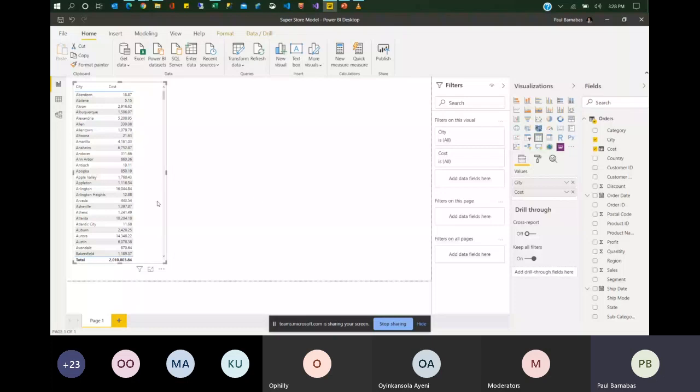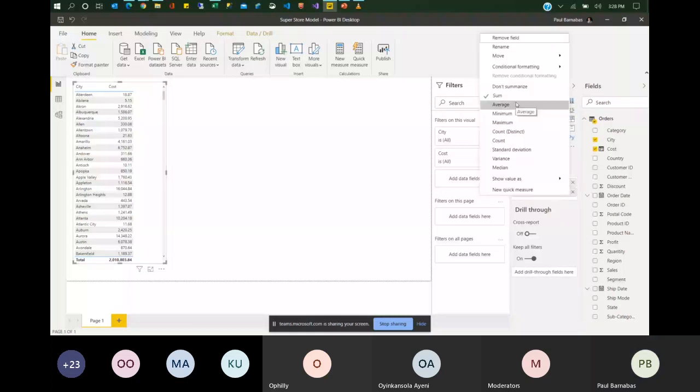If you notice something now, I just dragged in city and the new calculated column that we just created into this table visual, and it filled in the numbers. But what you would see happening here is that, as I dropped that cost column into that visual, what it did behind the scenes was to carry out a sum of all the values in that column. It carried out a sum by default.